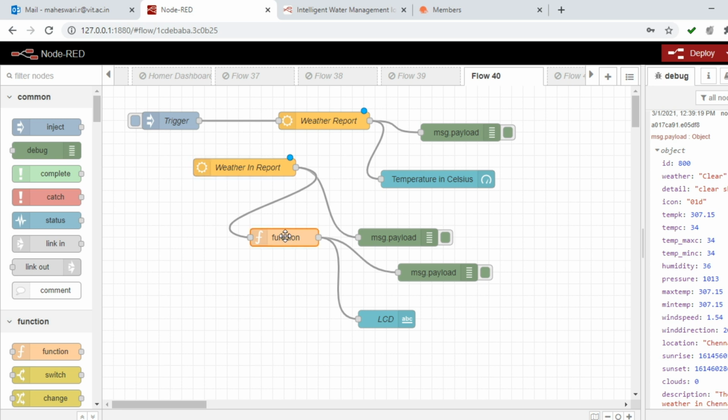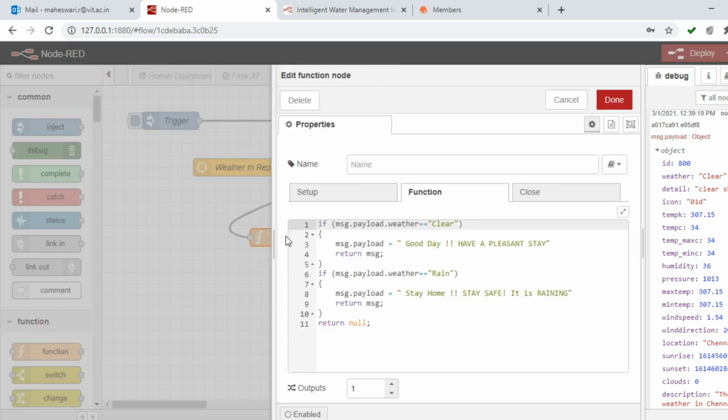In the function node, as we discussed, we are going to take msg.payload.weather. You can see weather is an object here and the value is clear. If the weather value is clear, then I'm going to display the message good day, have a pleasant day. Like that, we can write the JavaScript code as per the functionality requirement.